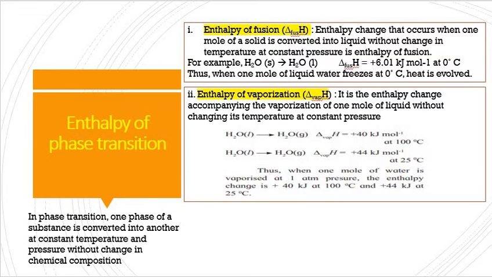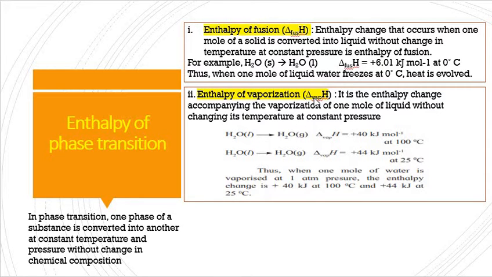A reverse of fusion is freezing of solid. That means liquid is converting into solid, and when solid is formed from liquid water, this delta H will be called delta freeze H, and its sign would be reversed and it would be minus 6.01 kilojoule per mole. Now